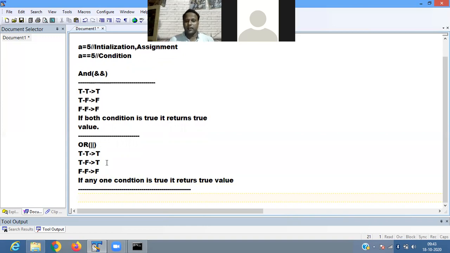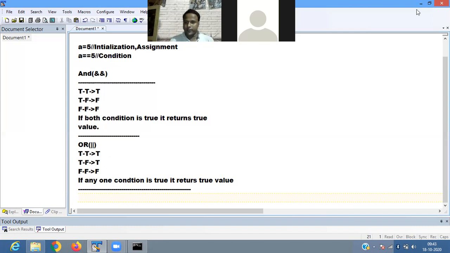Yes. In the and operator, what happens? It will check two conditions. You have to compare the two conditions. In the and operator, if both the logics are true, meaning both statements are true, then it returns a true value. If any one condition is false, it returns false in the case of the and operator. The and operator is saying that when you compare, both statements must be true. In the or operator, if any one condition is true, it is not asking that all conditions be true. If any one condition is true, it returns the true value.